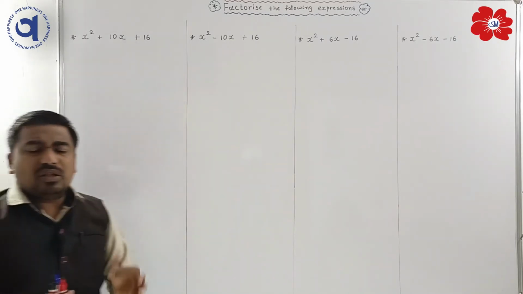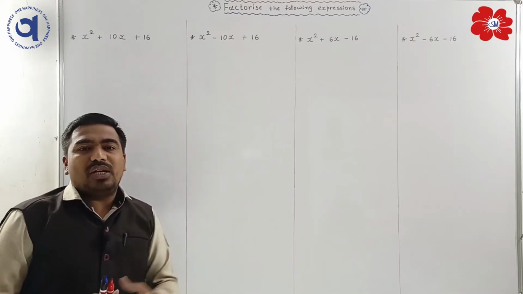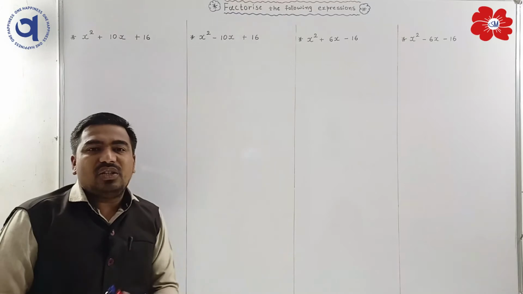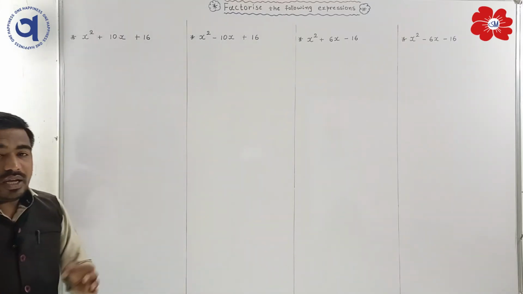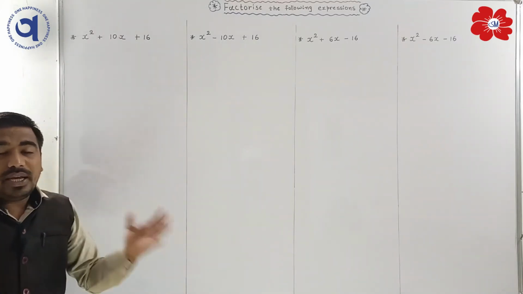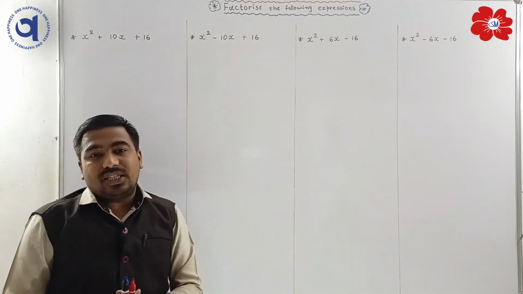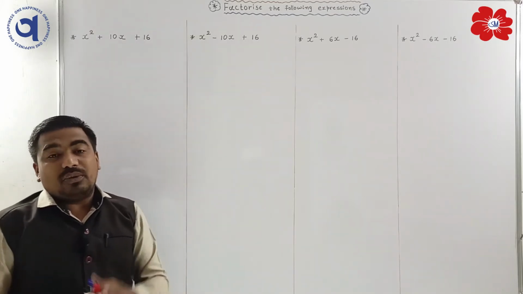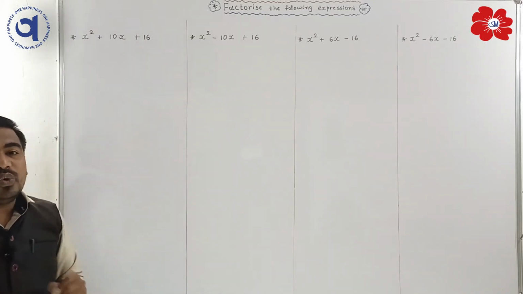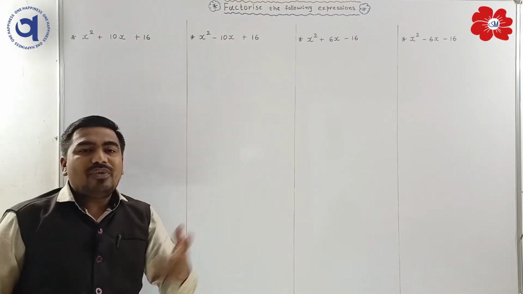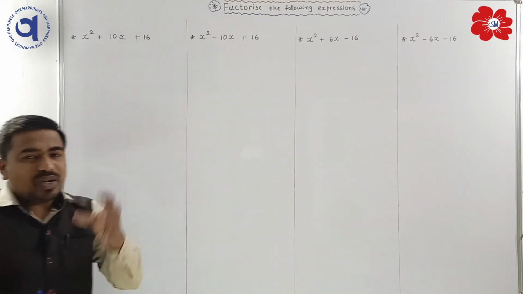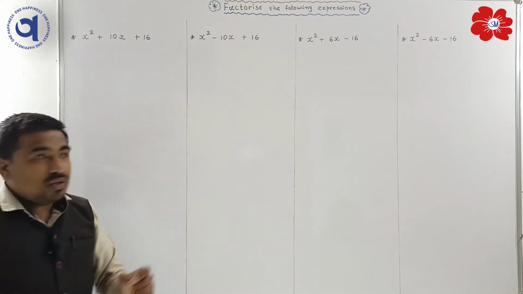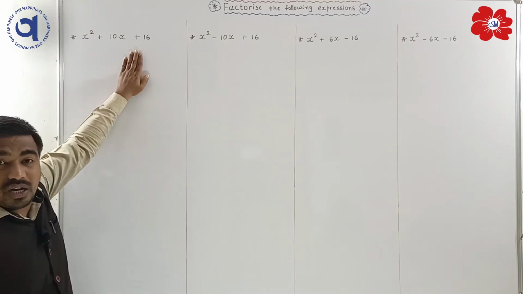Here the number is 16. So we divide it into two parts, we need two numbers. 8 2s are 16, 4 4s are 16. We have two numbers, but we have to use 8 2s are 16. Why are we using 8 2s are 16? Because we have to keep in mind whenever the last sign is plus,